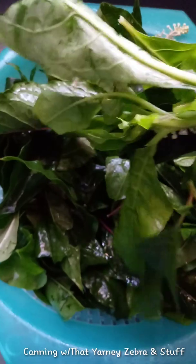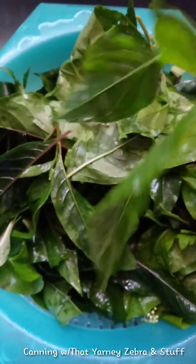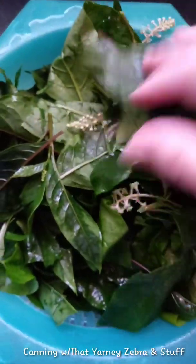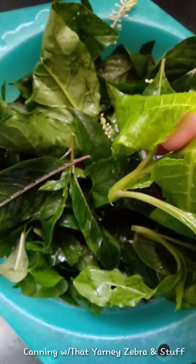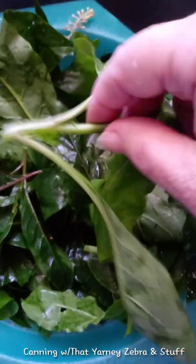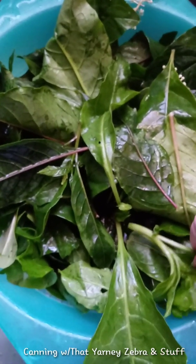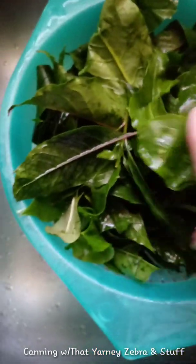And I know that because I have transplanted poke salad in my back garden, my back deck garden. I have rooted it up, and I have transplanted it in my back deck garden. And you can eat from that plant all season long because it will grow and grow. If I pinched this off, and this was still in the ground, guess what? Growing up from here will be more fresh, tender leaves. That is how it works,